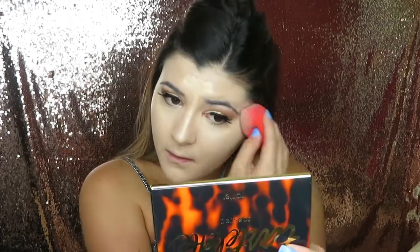So once I got it all blended out, it looks good. I feel like I'm looking a little white on camera, at least whiter than I actually am looking in person. So hopefully once we get bronzer and everything on, it'll all come together and it'll look a little more even. So first, before we set our face with powder, we're gonna go in with this Tarteist Pro Glow